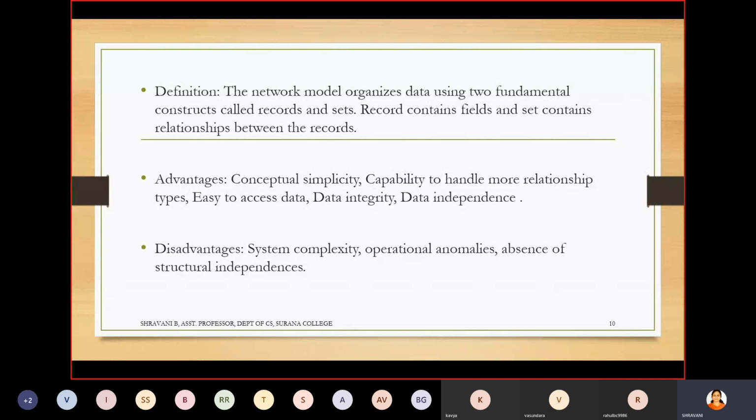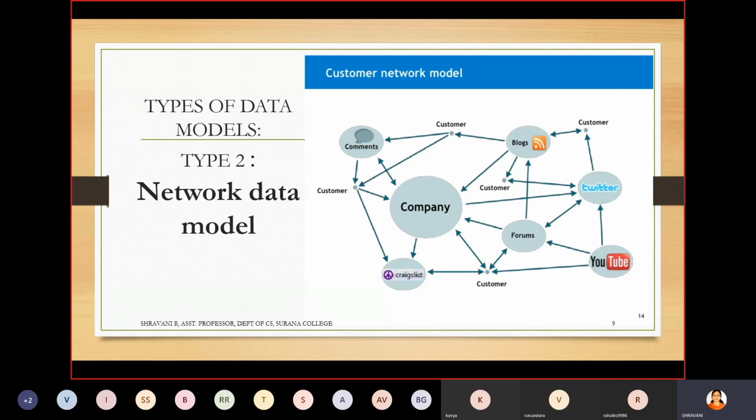So now, what are the advantages? Again, it's a little bit simple, but yet complex. Why am I telling it's simple but yet complex? See, conceptual level is nothing but logical level. In the logical level, we call it simple because when you want to search some details about a company, you can go through Twitter, YouTube, Google, customers, or blogs, or anywhere, right?